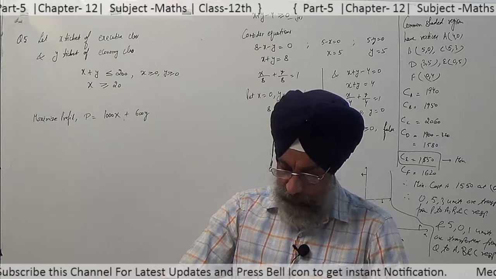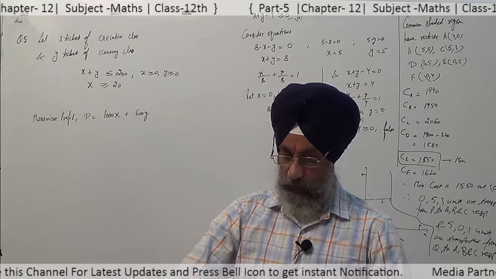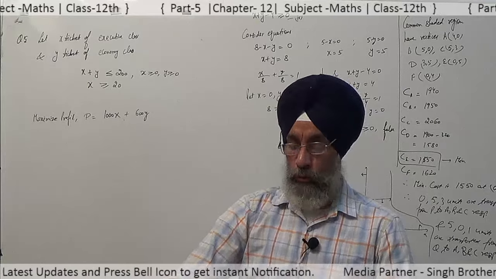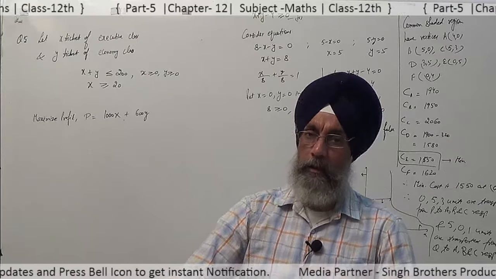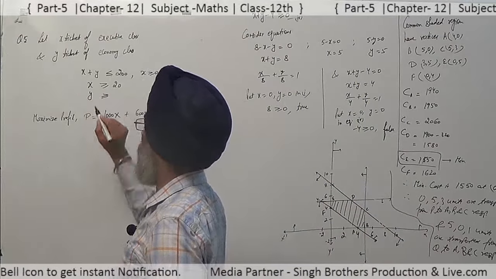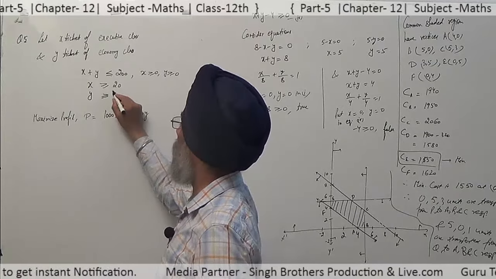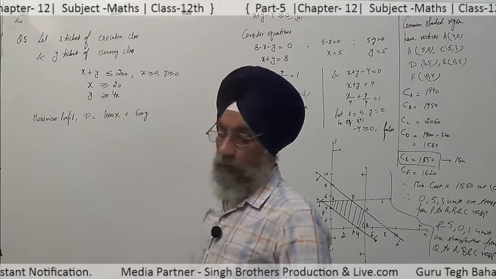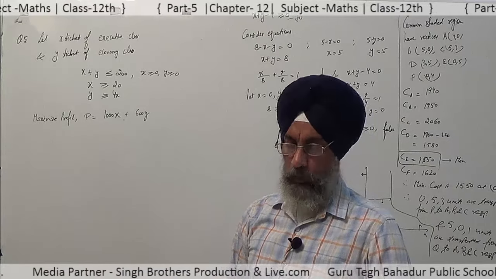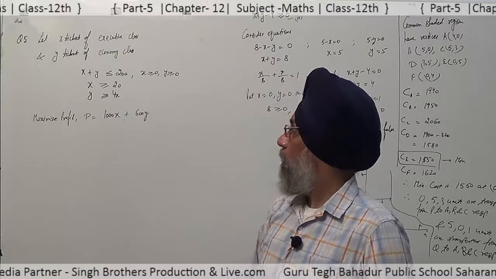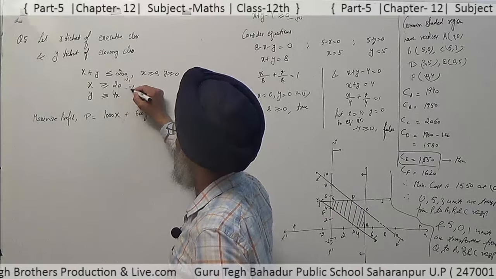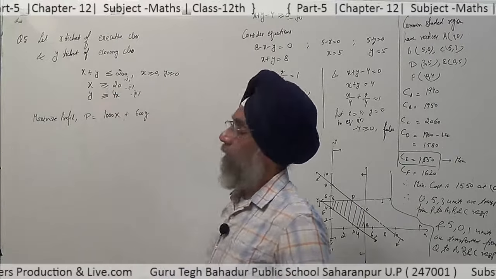Then however at least 4 times as many passengers prefer to travel by the economic class than by the executive class. तो जो executive economic class है ये passengers हैं वो कैसे जा रहे हैं, at least 4 times. So y is greater than equal to, that is at least 4 times that of the executive, तो 4x हो गया. ठीक है. So now determine how many tickets of each type must be sold in order to maximize the profit for the airline. इसमें एक और इक्वेशन हम ऐड करेंगे, वो क्या, we see the value of x is greater than or equal to 20.